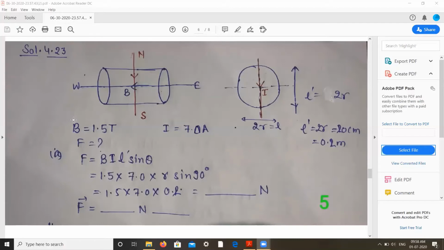So you can see here, we have substituted the value of magnetic field 1.5, the amount of current which is 7.0, and that L is nothing but R sin theta. And now be clear that the magnetic field is from east to west, whereas the length along with the current is called the length vector.